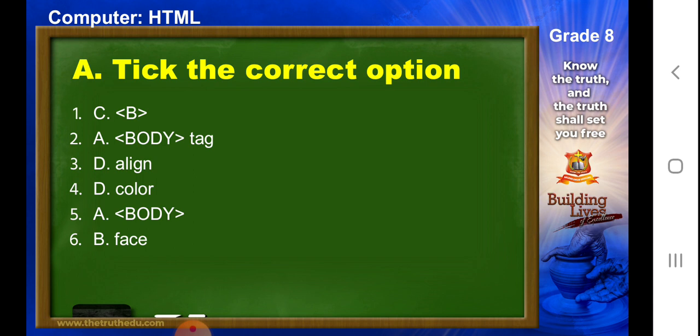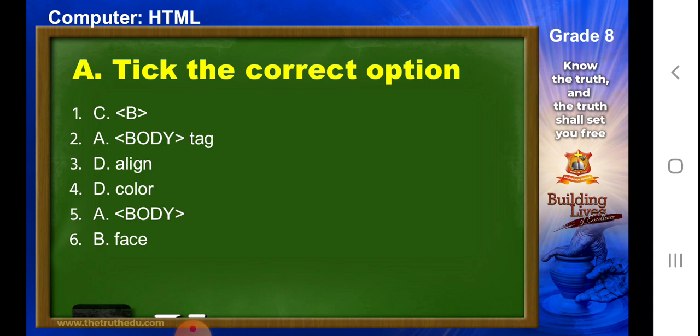Next thing is, which of the following attribute of the font tag is used to change the font type? To change the font type, we use the face attribute. So face attribute is used to change the font type. So let's quickly go through the answers.